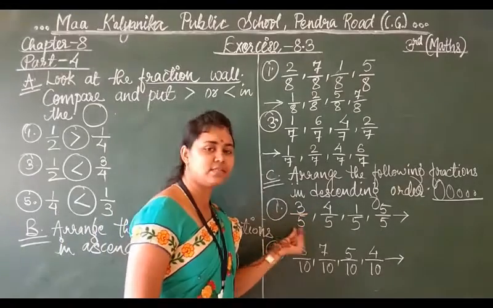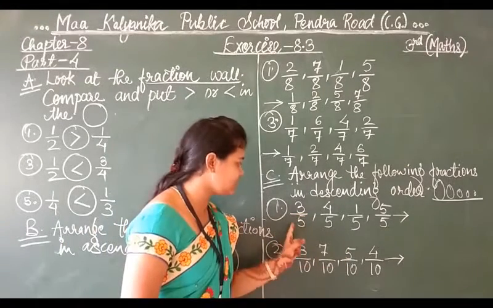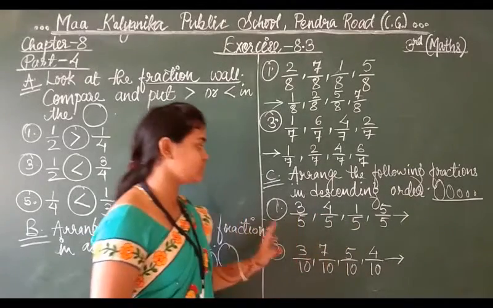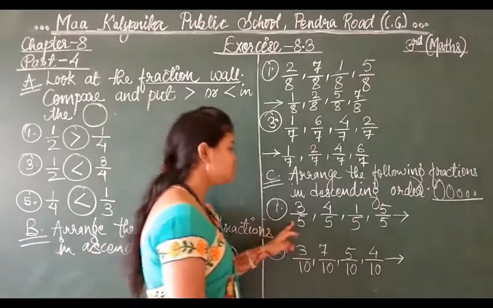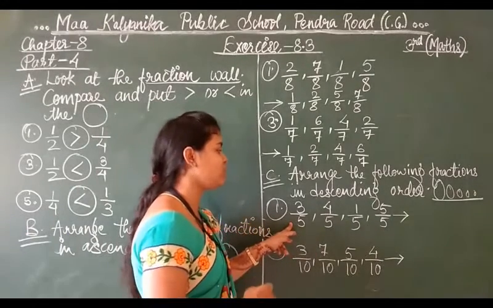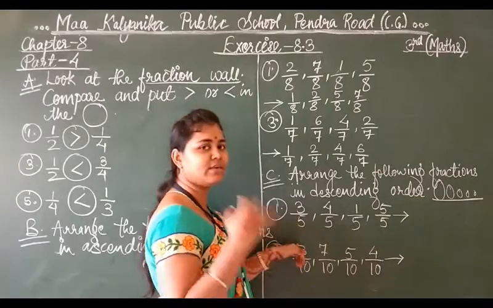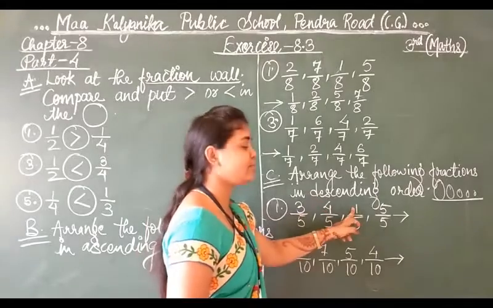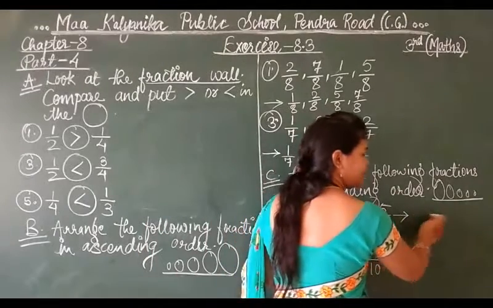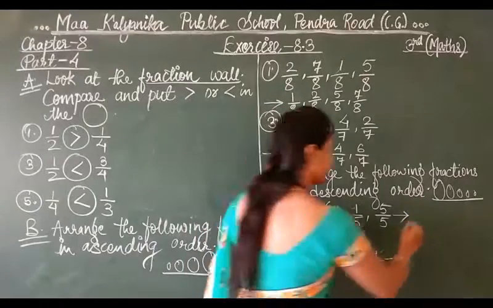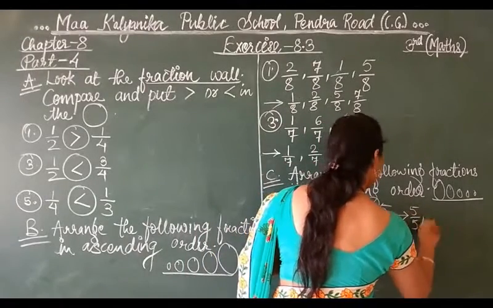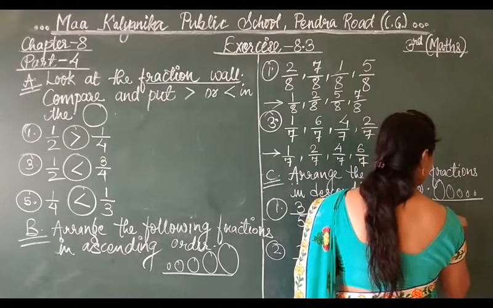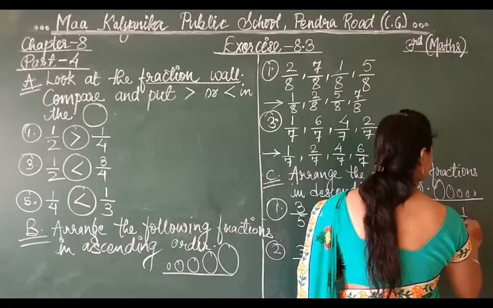So see students, as here also like fractions are given. 5 in the denominator in question 1 and in question 2, 10 in all denominators. So this is also like fraction. So simply descending order, greater to smaller. You have to go through the numerators. If it is greater, you have to write first. So 5, 4, 3, then 1. 5 is greater. So I am writing here. You can write down also. Okay. So 5 by 5, then 4 by 5, then 3 by 5, and then last 1 by 5.